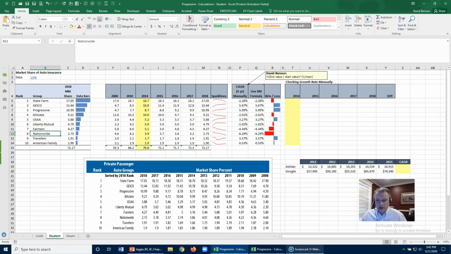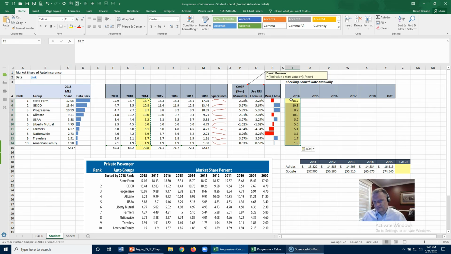And so what I worry about, so you're going to actually check it manually, because this is what I always do. We're going to take the values right here from 2014, and I'm going to paste them right here. So the yellow and the yellow. Now, if we've done this right, I'm going to start with Geico in this one because they're growing. It's a little weird to see a declining rate, but